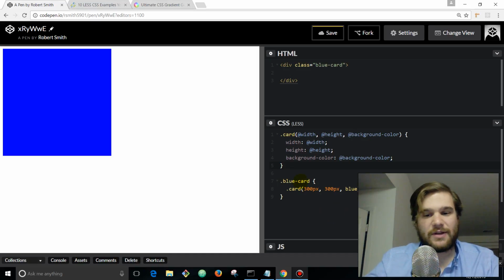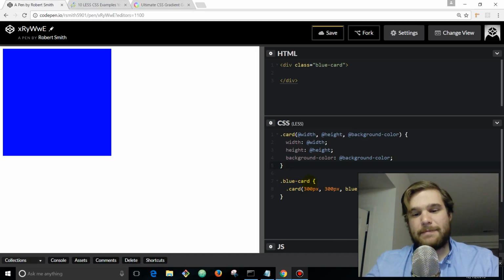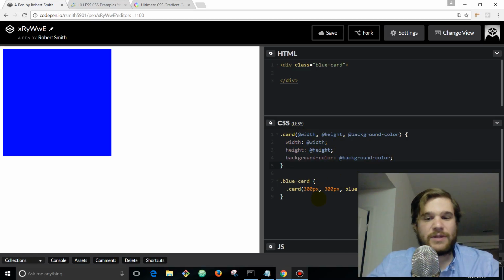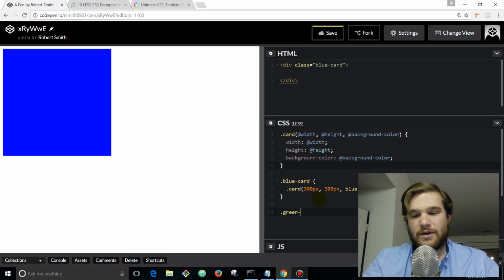So let's take a closer look at what's happening. Each one of these spaces between the parentheses is an index, and it directly relates to the order of where your mixin is calling it. So this would actually be the width that's being passed right here, and that's being set to the width property. Then we've got the height, and then we've got the color. And what this allows you to do is make a couple different classes, like green card,